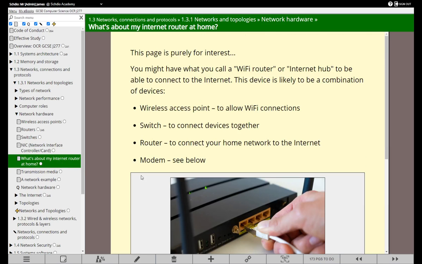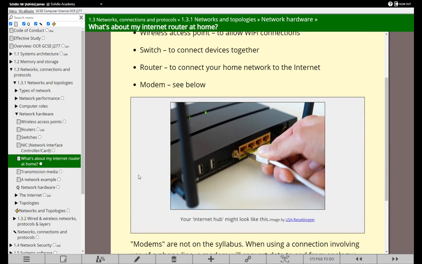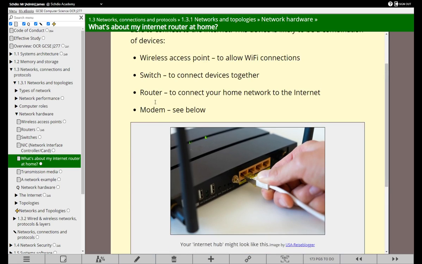So you might be asking, well, what about my Wi-Fi router at home? What exactly is that? Well, actually, it's an all-in-one type device. So if you've got the internet at home, you might have a box that looks something like this. So it's a wireless access point. There's also a switch that's in there that enables you to connect several computers. There's a router in there, so your network can be connected to the internet, and also what's called a modem,